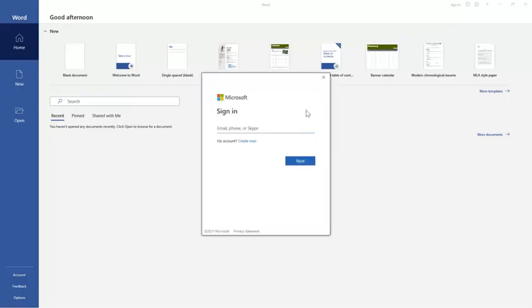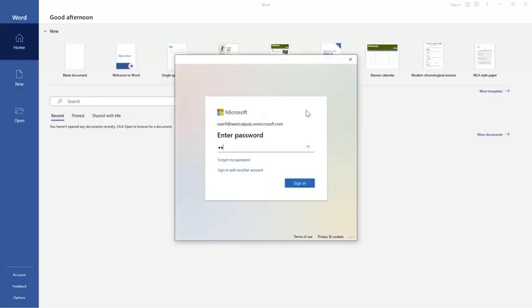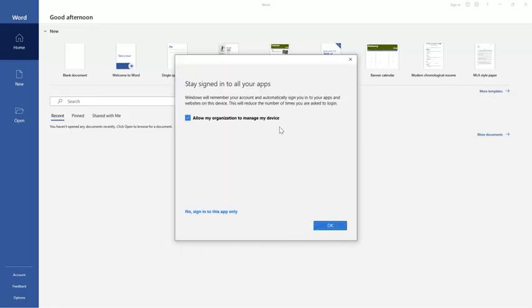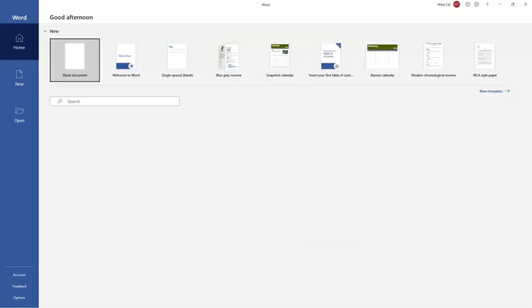This action displays the Sign In dialog box, which might already be shown on screen. Next, type the email address associated with your Microsoft account. Then click Next. Type in your password, then click Sign In. Keep in mind that passwords are case sensitive. You may be presented with another screen that asks if you would like to stay signed in to all your apps or just the selected one. Consult your organization for advice on how you should proceed. The current copy of Office that has been installed onto your computer is now signed in using your Microsoft 365